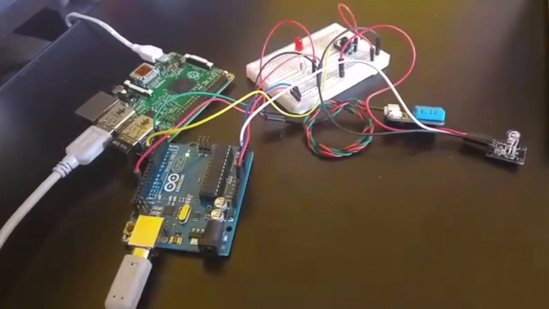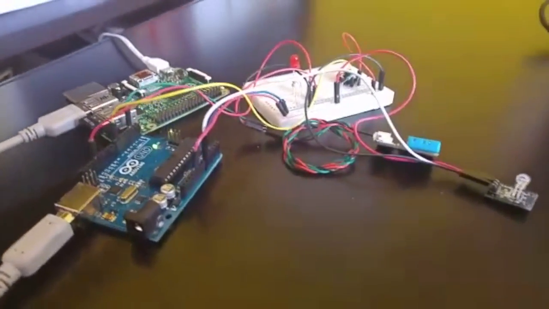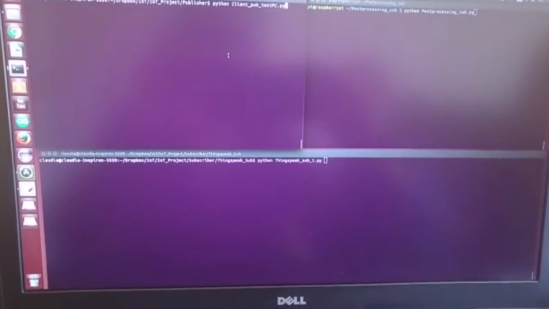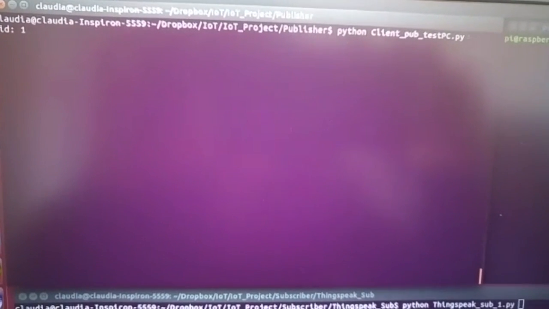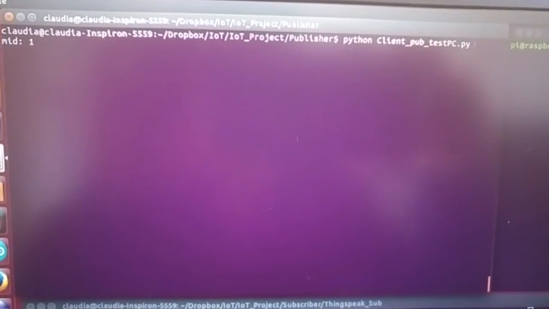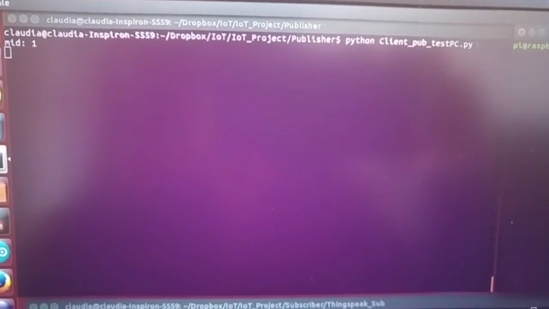To test the post-processing program that runs on Raspberry, we have to simulate the different cases, like high frequencies in order to test the messaging, and we have also to change month in order to test the calculation of monthly mean. In the first one, we have a program that simulates our publisher and runs on PC, while here we